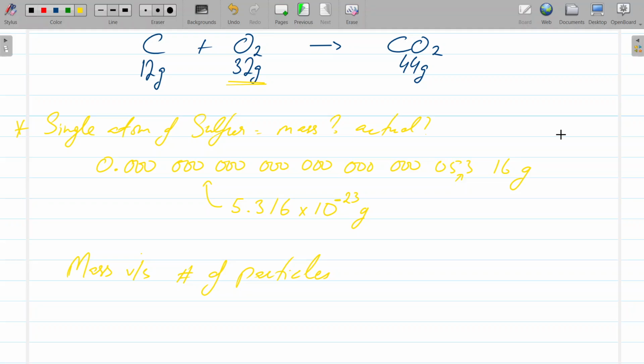So, Avogadro's law. Amedeo Avogadro was an Italian scientist, and what he noticed is